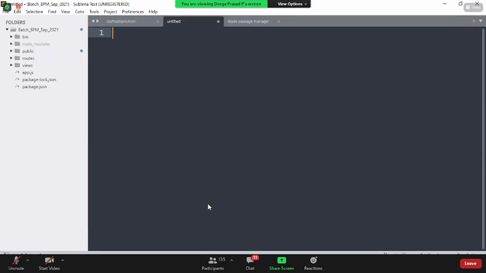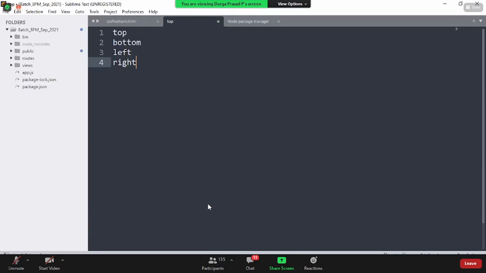Any time you would like to move any DOM element to any required position, we have the CSS properties called top, bottom, left, and right.